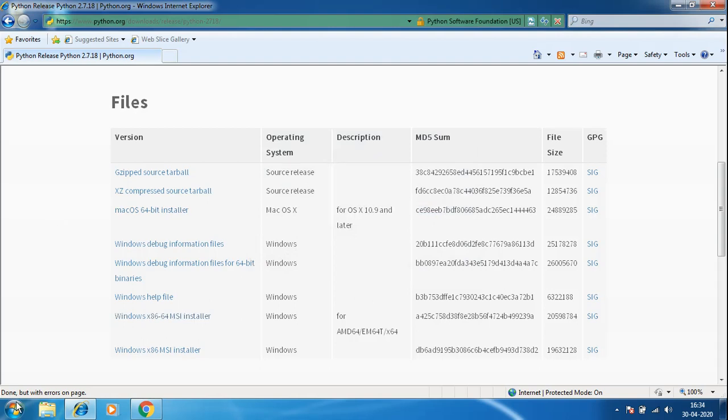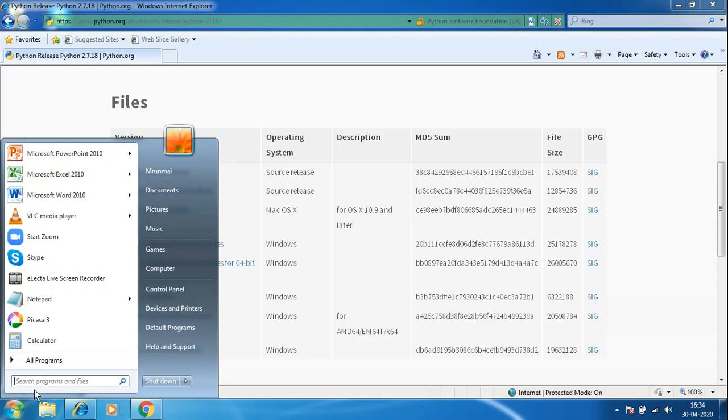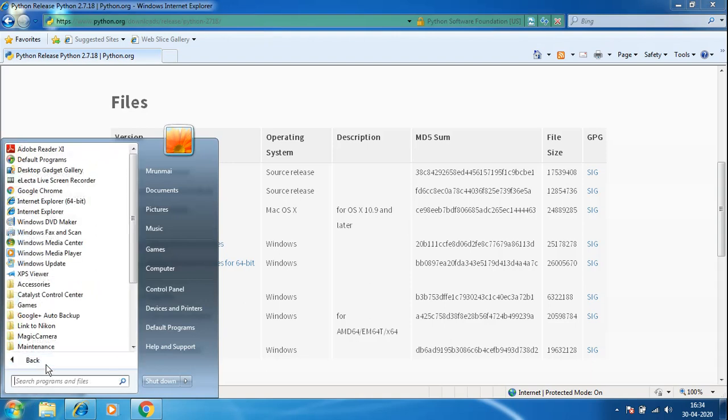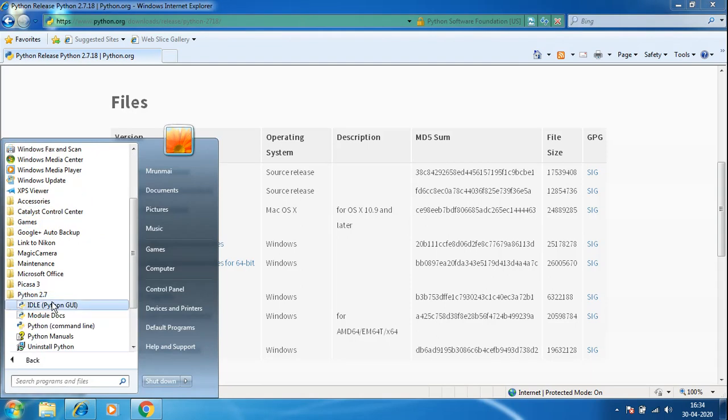Once the Python development environment is installed, you can go to all programs and search for Python. So here Python 2.7 is installed, and here you will see different Python items installed. The first thing is Python IDLE, that is the Python GUI development environment.